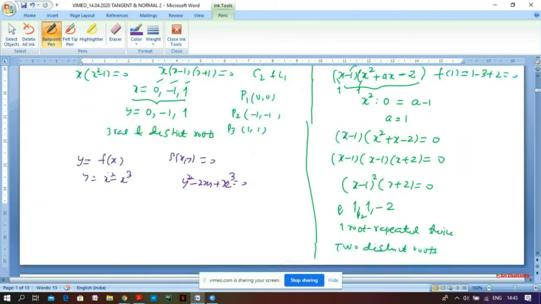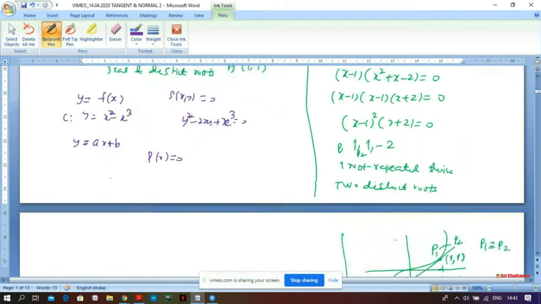So if some curve is there, and you intersect this curve with a line, y equal to ax plus b, and you find the roots of some polynomial p of x, if roots are repeated,